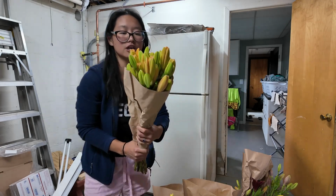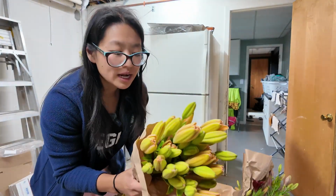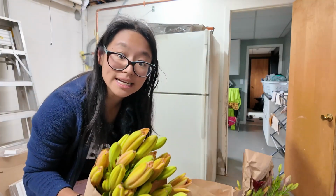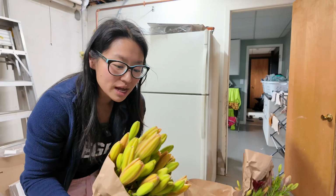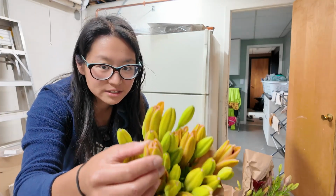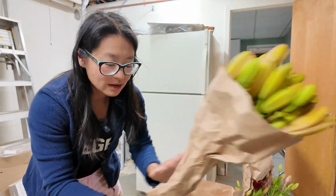This bunch over here is called Minorca. It is an orange colored, like peach color lily. And so I would actually start having these out tonight. So tonight's Sunday, and I would just start having them open a little bit more. There are a couple of buds here that are already cracked open, and I would start taking